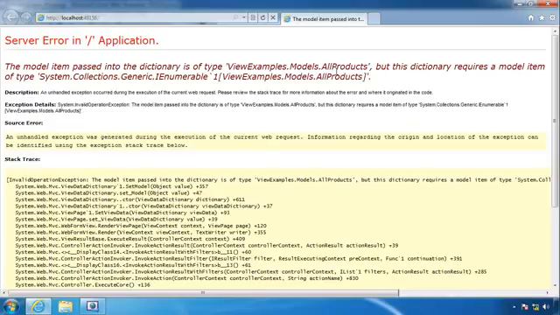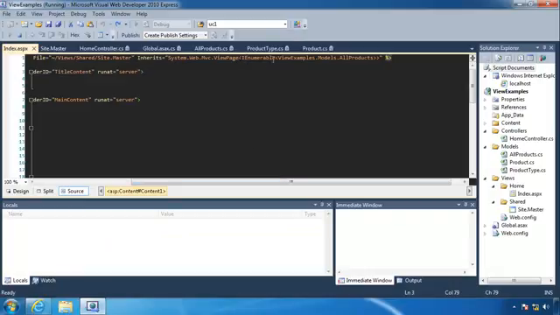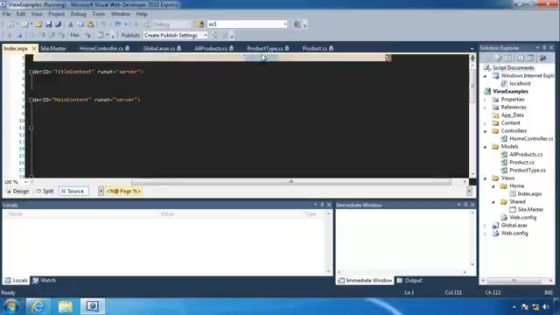So it's going to say, I don't know what to do. Come on, give me the error. There we go. So see, it says that the item passed was all products, but it requires an IEnumerable of all products. So if we take out this here,